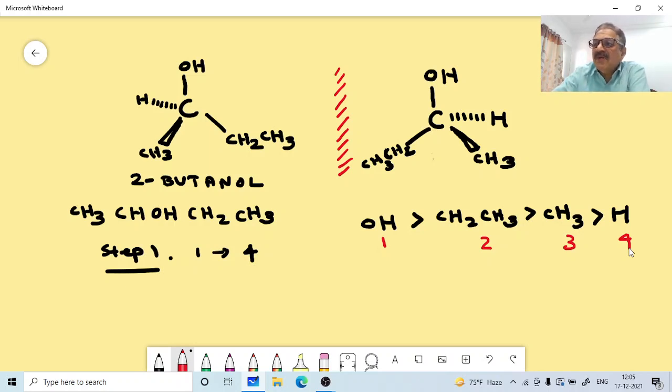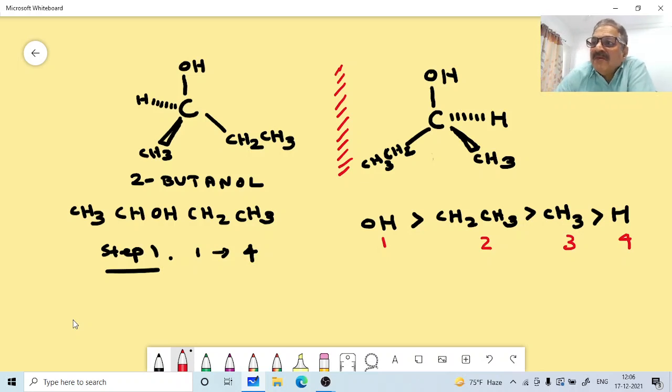Now orient the molecule so that the lowest priority group is always back. Back means behind the plane of the page, on a dash. Orient the molecule with the lowest priority group behind the plane of the page, and then visualize the relative positions of the remaining 3 groups. That is the procedure here. You just ignore that group, as it is behind the plane of the page.